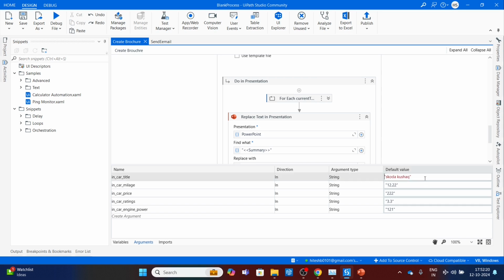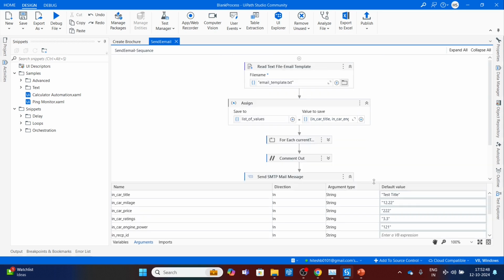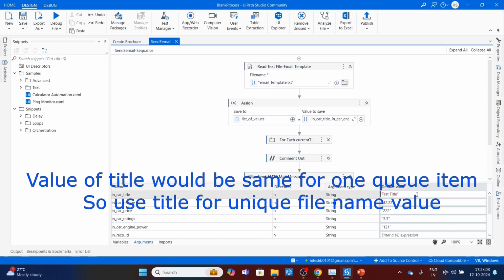The same value will come when we integrate this with our queue. So here we have to use the same title, because the file name is saved by title, right? Let's save